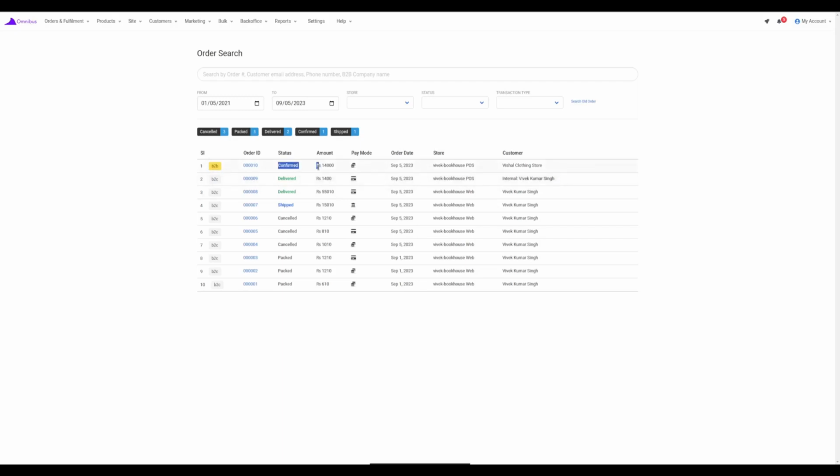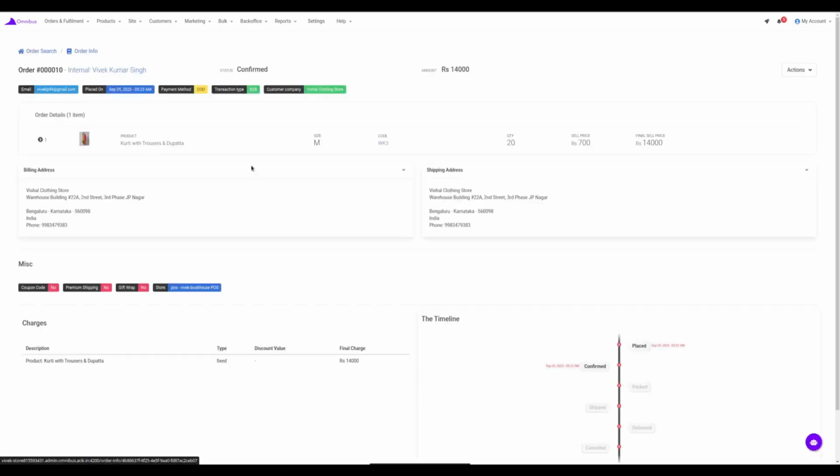For B2B orders, we mark the status as confirmed, because we believe that to conduct that B2B order, you would have talked to the business and there must be some trust between both of the businesses to place the order in bulk. And we believe that those inventories that this business wanted should be blocked as soon as possible. So if you go ahead and check this out, you can see it was 20 quantity for this particular product, and it straight away went ahead and confirmed it. So this 20 quantity would have gotten decreased from the inventory or the warehouse